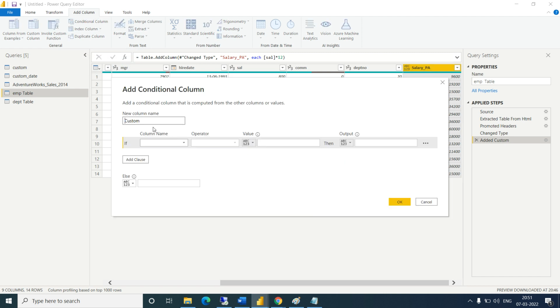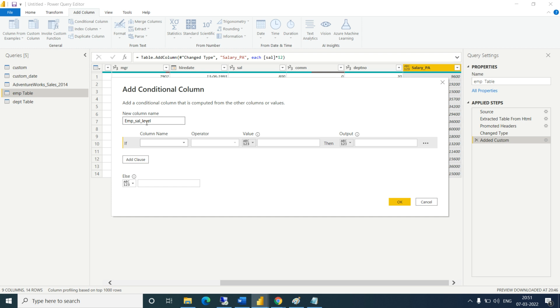I want to create a new column which will show whether an employee is level 1, level 2 or level 3 in salary level. So let's say I am creating a new column, Salary Level.